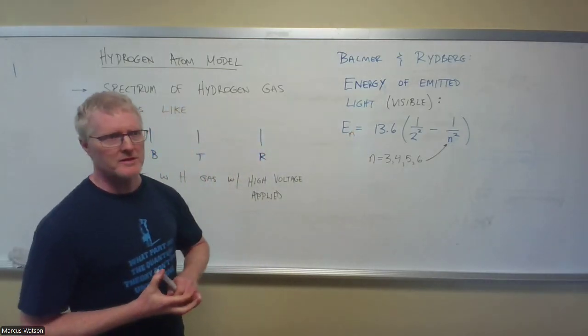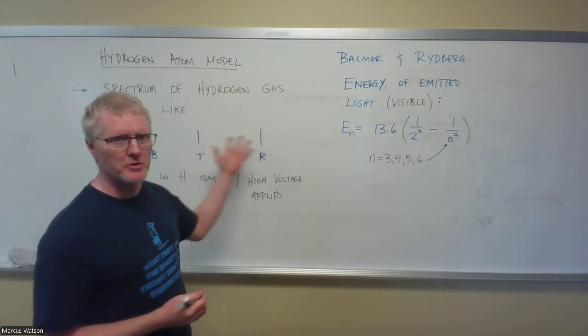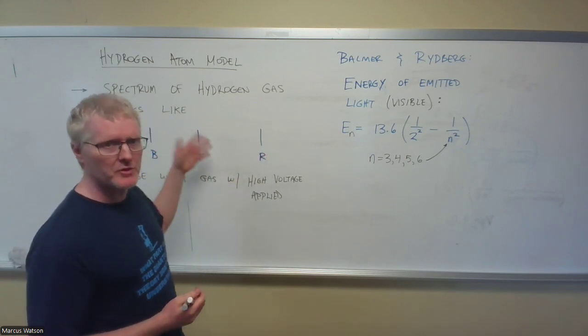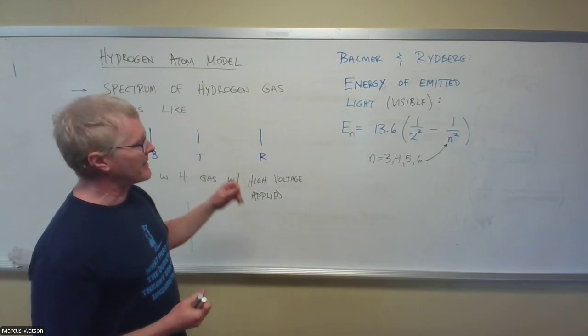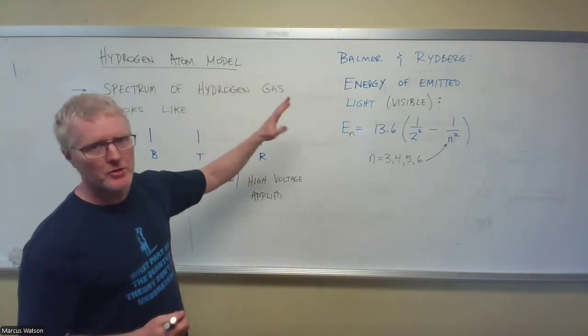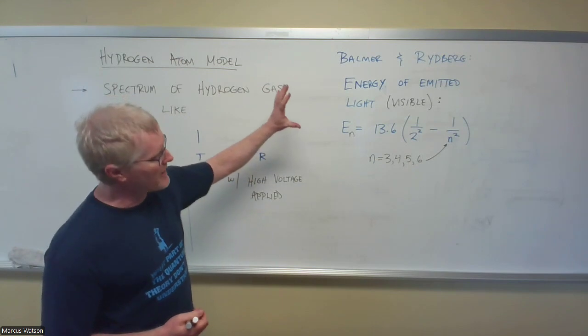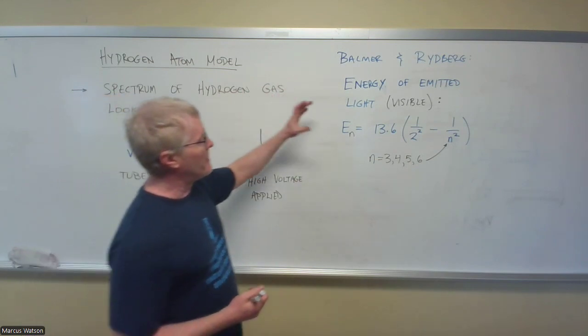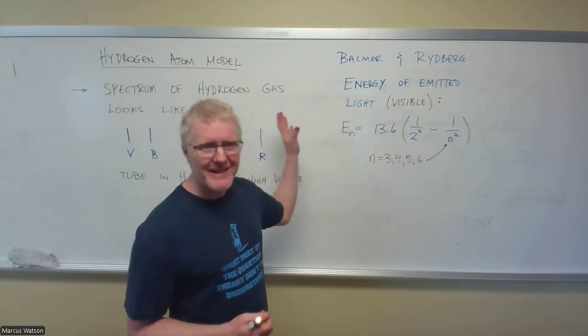Balmer was the first one to come up with a mathematical description of the pattern of the wavelengths, because the wavelengths were known. And he came up with a pattern for it, and it was Rydberg who kind of messed around with it and came up with a different way of thinking about it. But ultimately what they came out with was something like this,